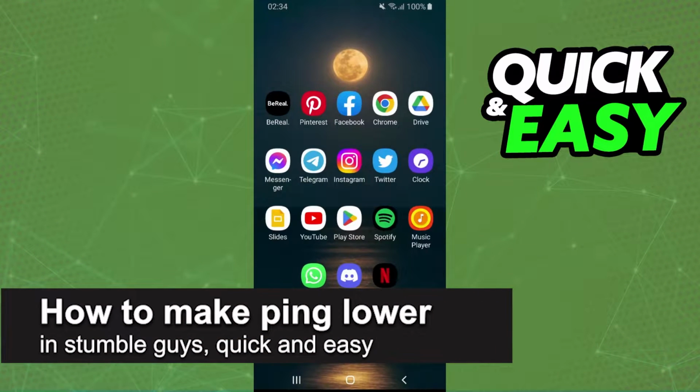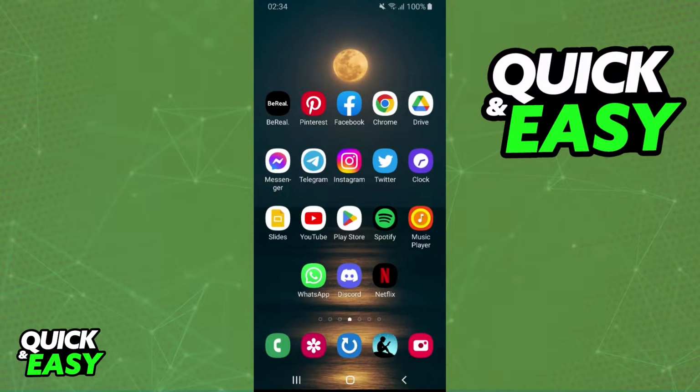In this video, I'm going to show you how to make your ping lower in Stumble Guys. It's a very quick and easy process, so make sure to follow along. First, I will point out that this process works if you are using a phone or if you are on